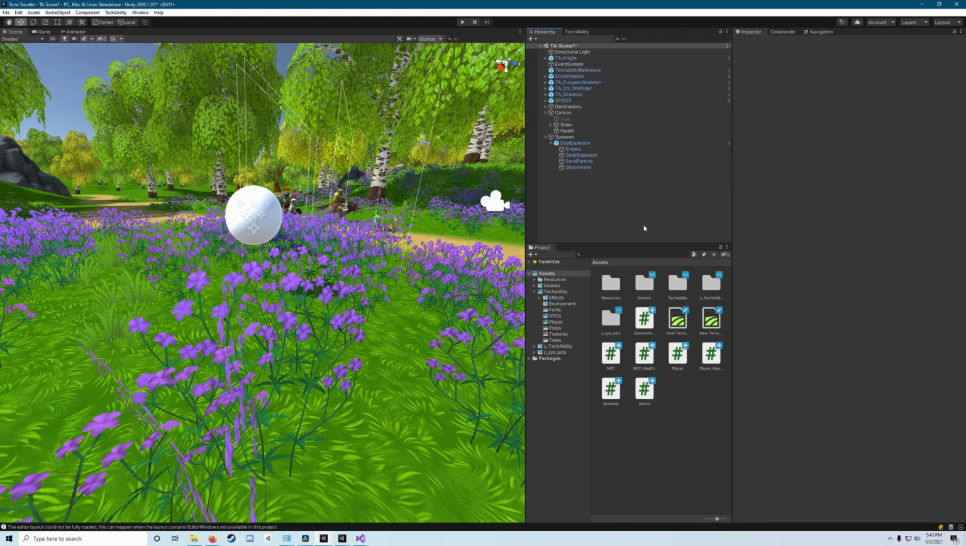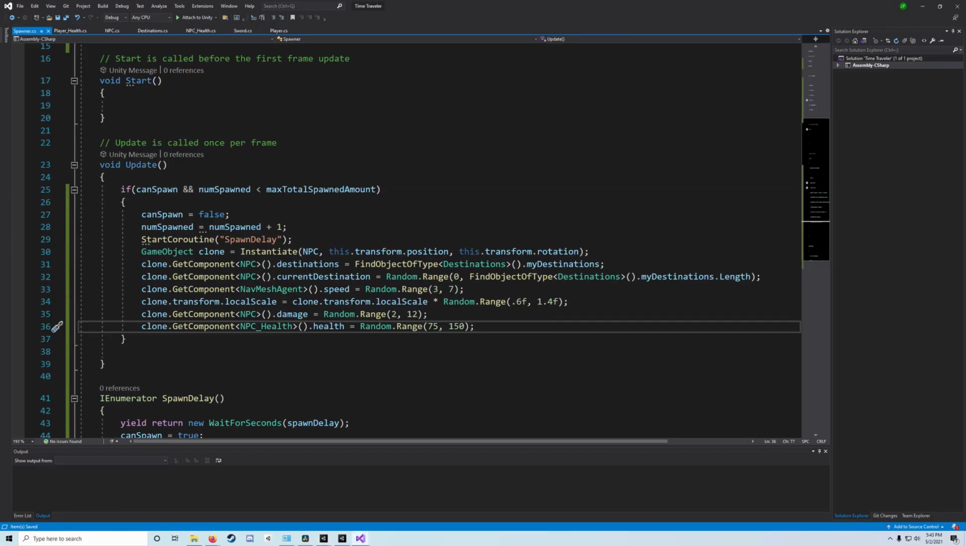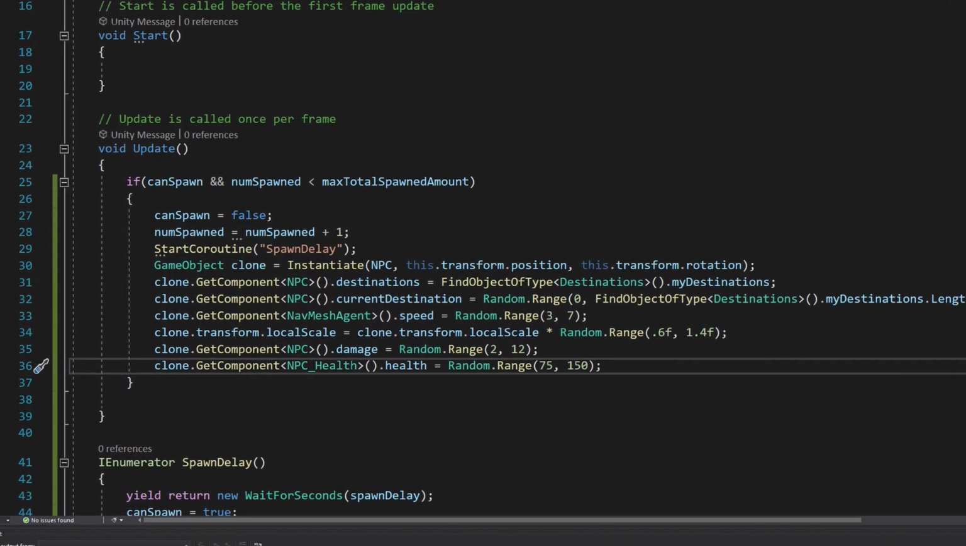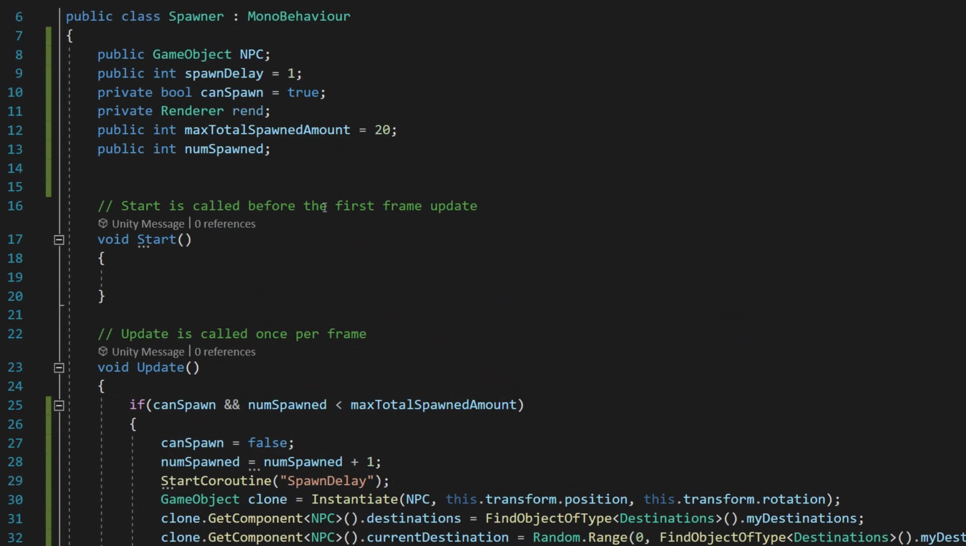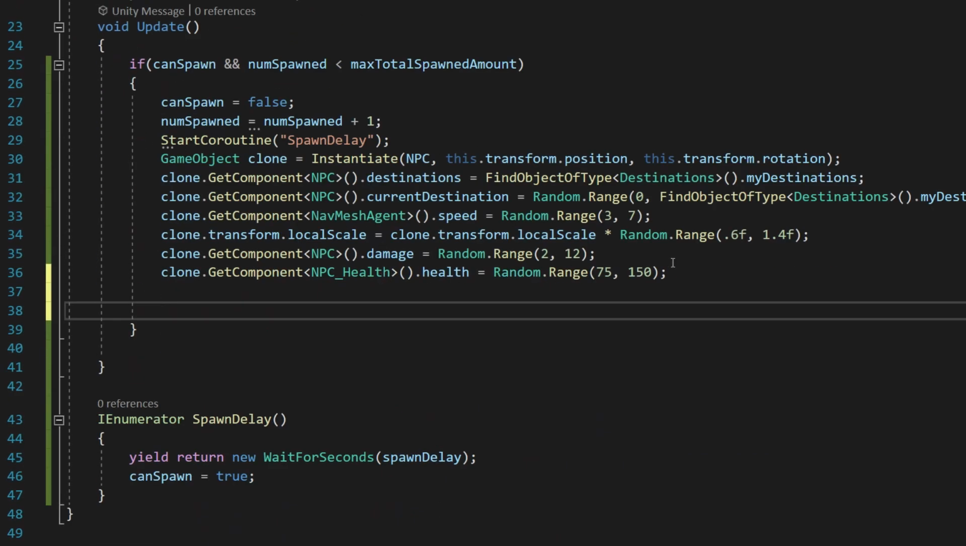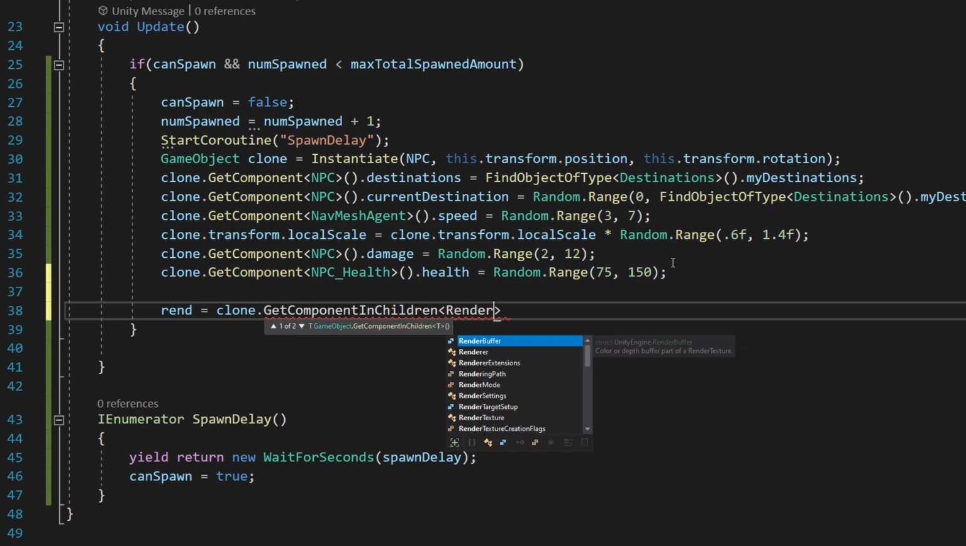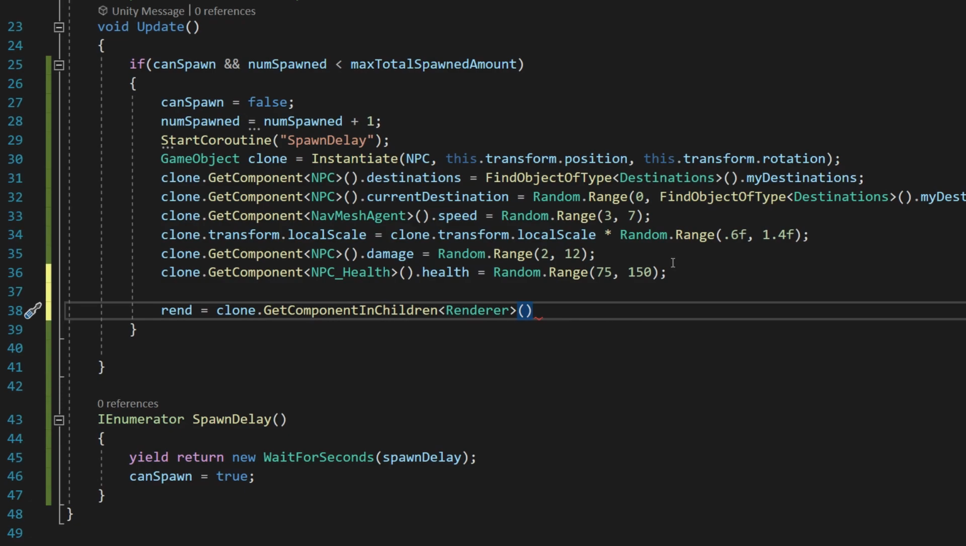Now we still have a little more work to do inside of our spawner script, so we're going to go ahead and hop right back in there. And what we need to do is randomly assign a color to our enemies here. So what we're going to say is, if you remember that rend variable we put at the top, rend is equal to clone.GetComponentInChildren this time, because the renderer is not actually on our parent object here, but on one of its child objects. We're going to say GetComponent<Renderer>, and we're going to say